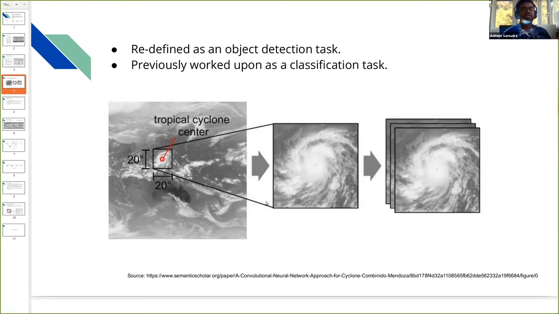Recently in 2018, Matsuda et al. performed this task as a classification task, where they cropped the image into multiple parts. They created a database of all these images, and they performed a classification task, classifying these specific 20 images into different subtypes. But here we don't plan to do that. We just want to automate the whole process at once. So what we are trying to do is provide one single image, like I mentioned in the previous slide, and ask the algorithm to detect and classify the cyclones.